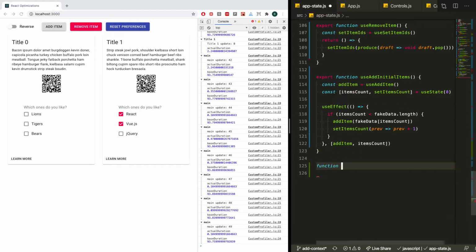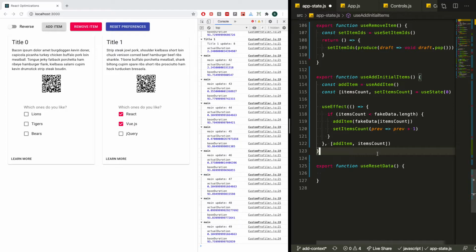So we'll say export function useResetData. And then what are we going to do here? Well, we want to return some sort of a function that when it's called, it'll actually reset the data. But there's a lot that's going on when you reset the data. You're resetting all these specific items, and you're also reversing the list. So it's a lot easier to reach for something else in Recoil, and that something else is